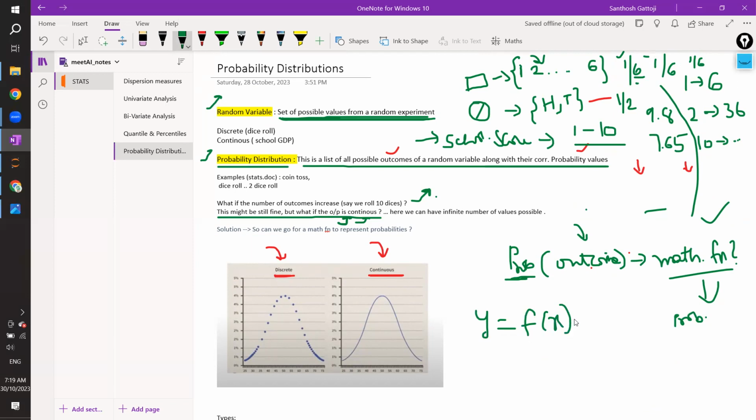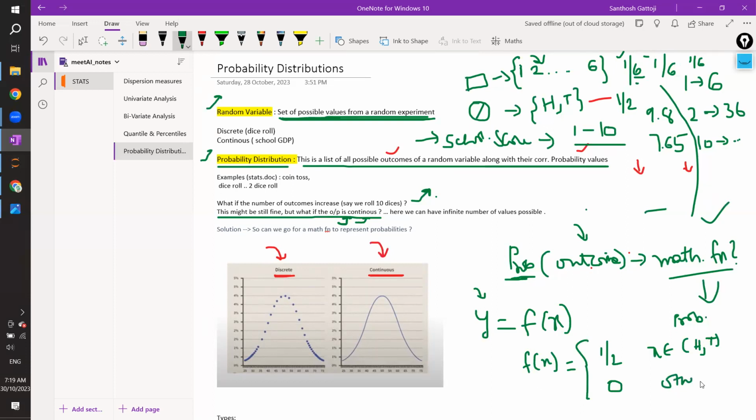So if you are tossing a coin, heads and tails, this y, which is equal to f of x, is a probability which will be equal to 1 by 2 if x belongs to heads or tails, and 0